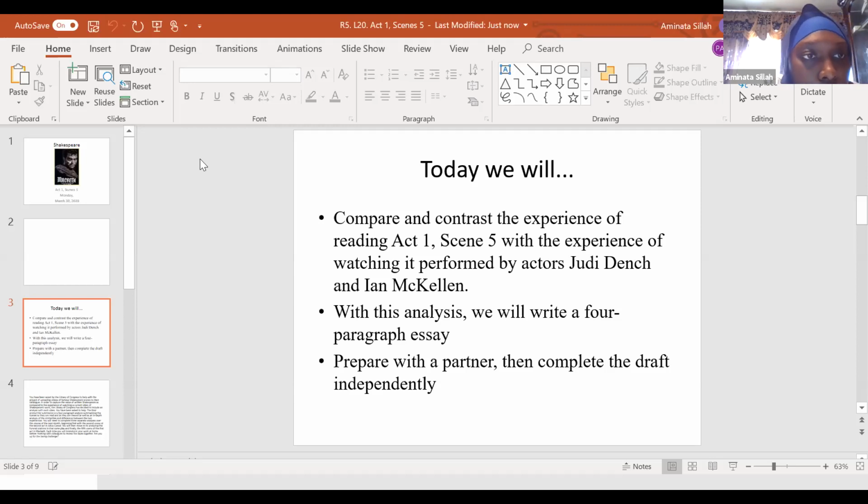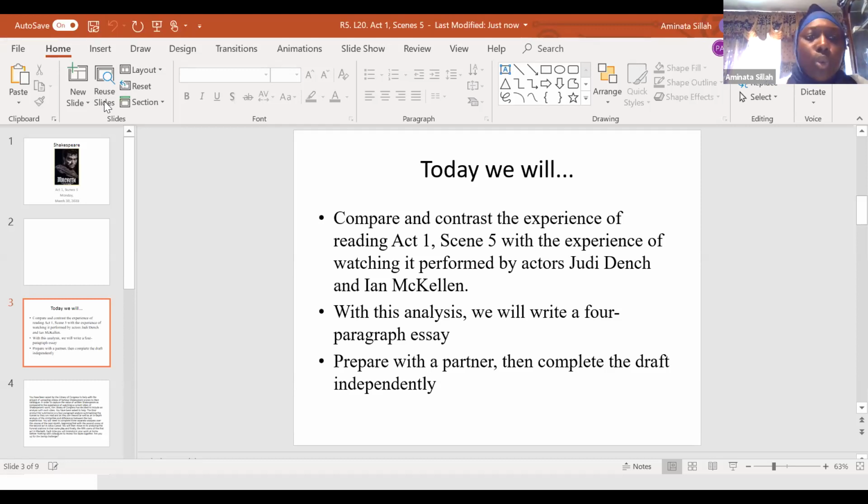So for homework, you should have started brainstorming, writing down some things that you know about your major character. Thumbs up if you know what I'm talking about for reading homework. You were supposed to brainstorm. If you weren't in class on Friday, then we can touch base. But on Friday, that was your homework assignment. Thank you, Lysandra. I was aware you weren't here on Friday.